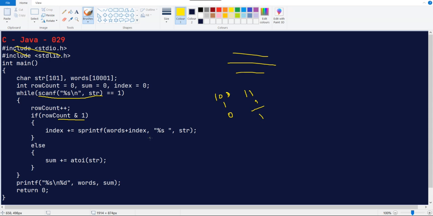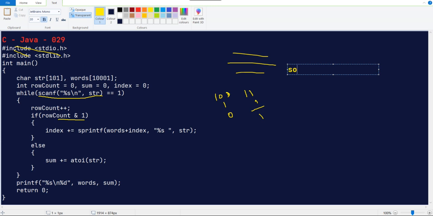Words plus index, comma, %s, comma, string value, and they are incrementing the index. That's it. So they are storing the string value into the words, and they are incrementing the index value by the number of characters. So if they have stored something, the index value will be incremented by 1 2 3 4 5 6 7 8 9 10.